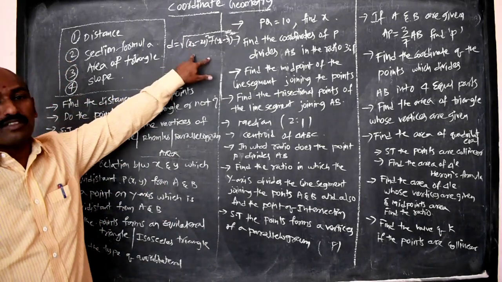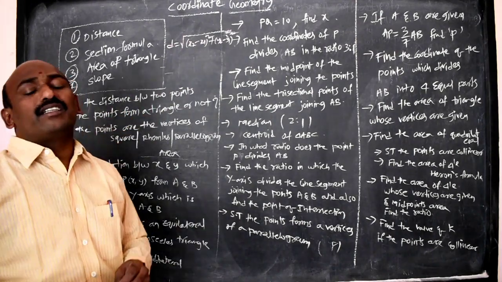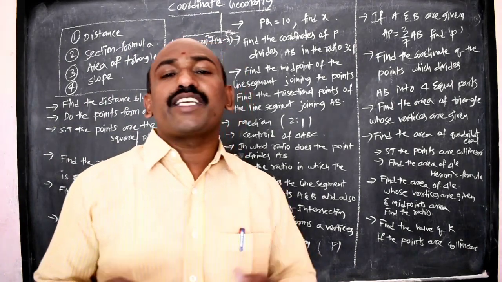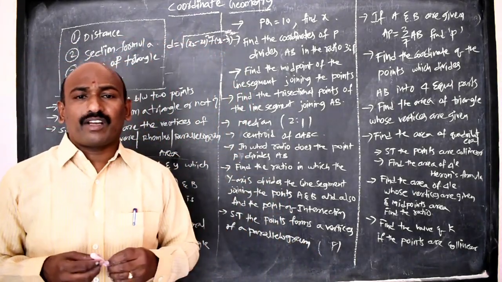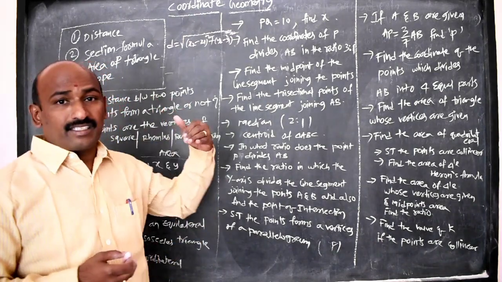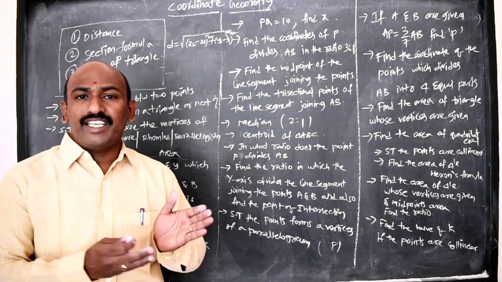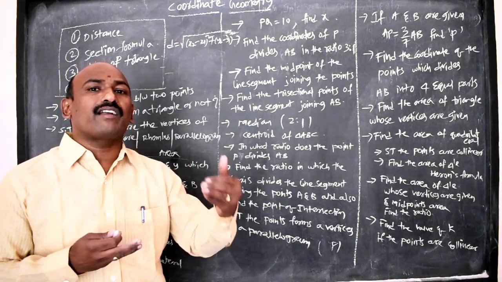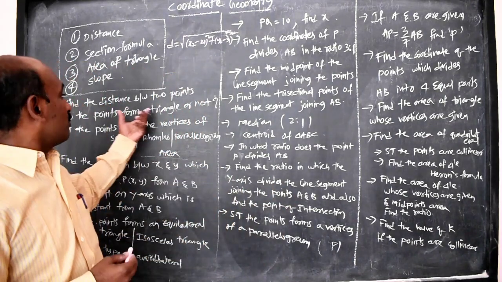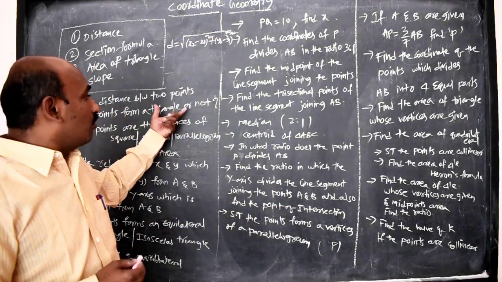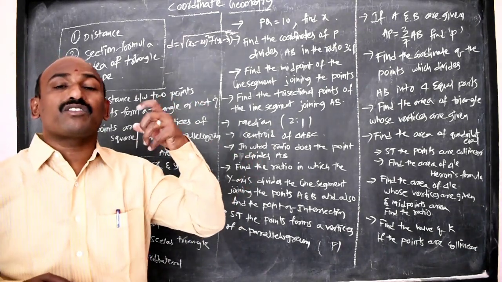First find the distance between 2 points using this formula, and check whether the points form a triangle or not. They will give the 3 vertices and we need to check whether they form a triangle. What is the definition of a triangle? The sum of 2 sides is greater than the third side. If the sum of any 2 sides is equal to the third side, we can conclude that those 3 points are collinear and cannot form a triangle. You can go for the sum of 2 distances being equal to the third side, then it does not form a triangle.